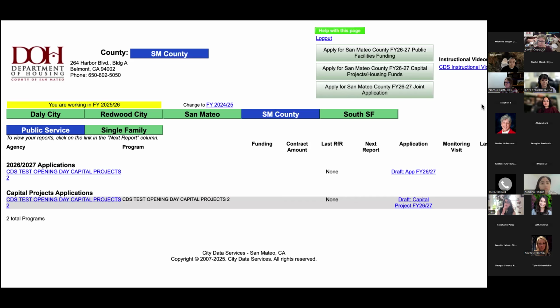If anything comes up, I'm going to drop the support email in the chat, and it's also on the website as well. I believe it's also in the NOFA documentation, but that is there for you. Like I said earlier, any software questions, or you think there's a bug, or you need help learning how to work the system, email the support. Any content related questions like income verification, that's way above my pay grade. That goes to the jurisdiction you're applying to.